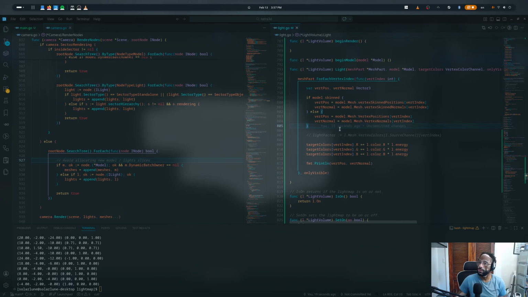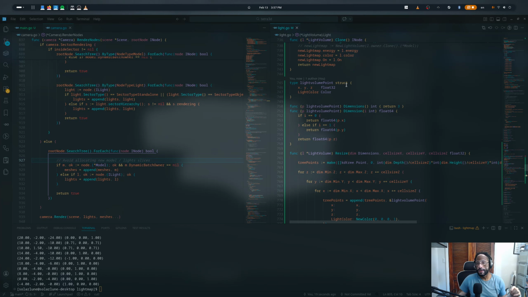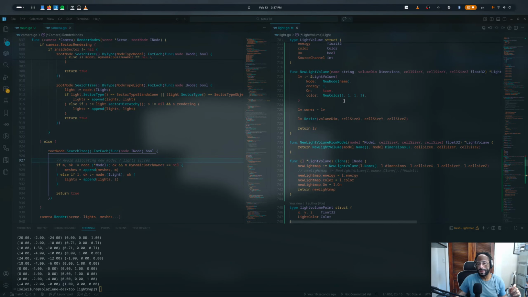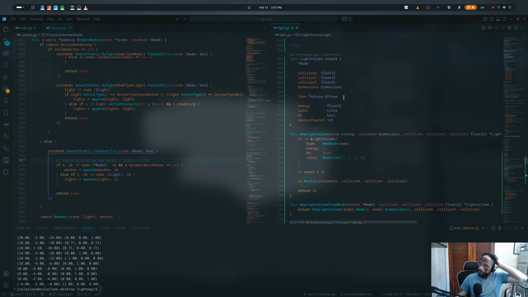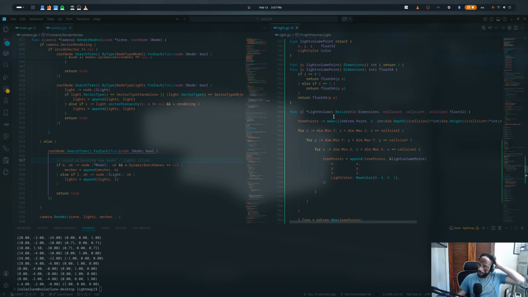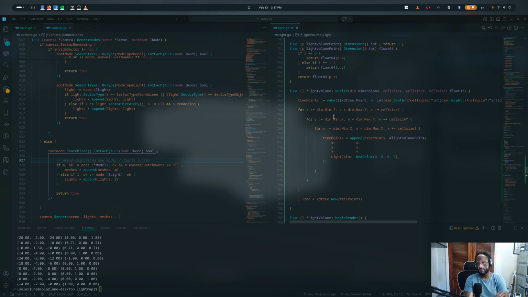I guess we kind of do need the normal. We want to transform some kind of thing. We want to transform the positions of the points. We want to transform all of them